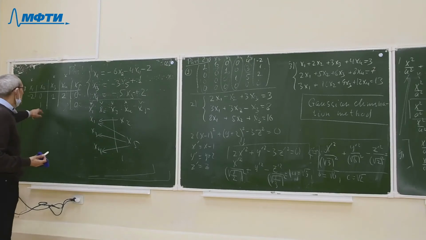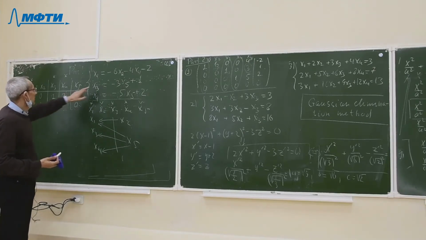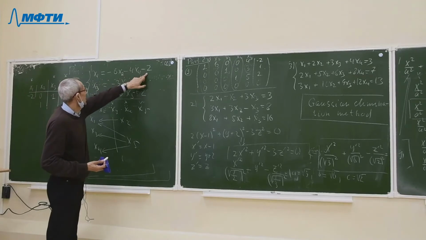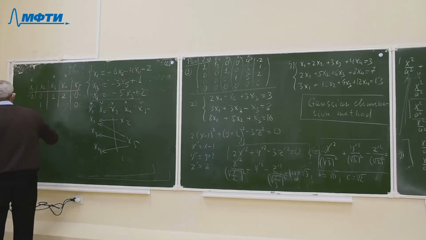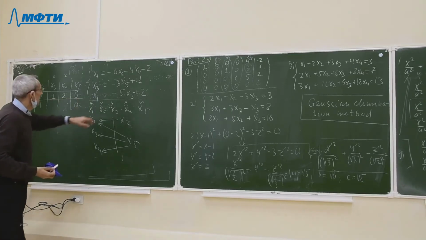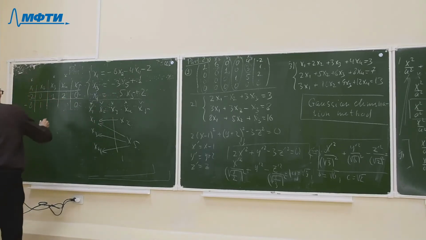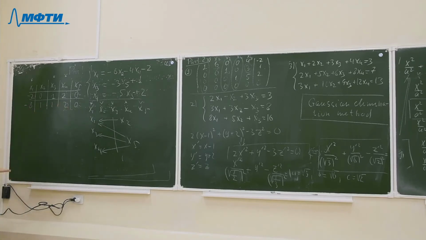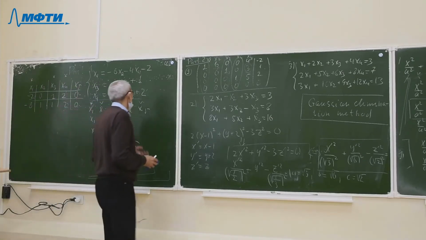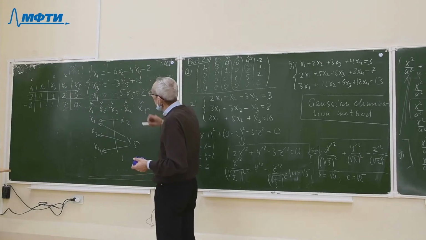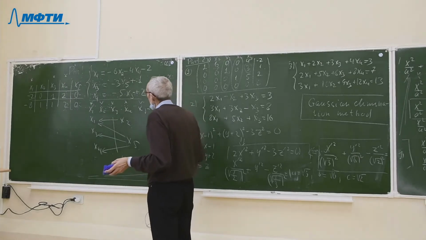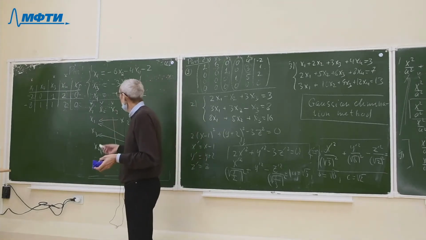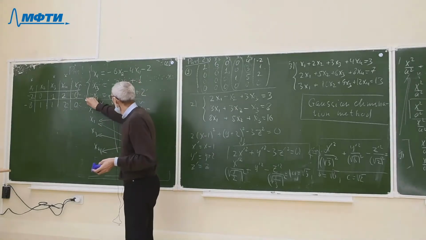In this case, we obtain x1 is equal minus 6 minus 2 is equal minus 8. In these cases, I obtain 1, 2. And I obtain another solution. In such a way, we can obtain any partial solution of this equation,